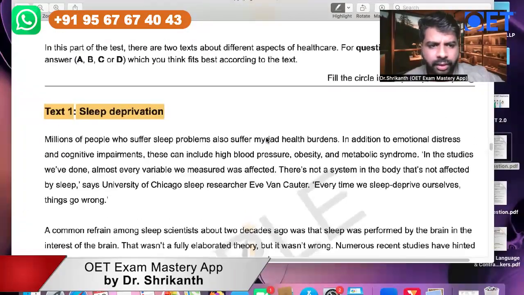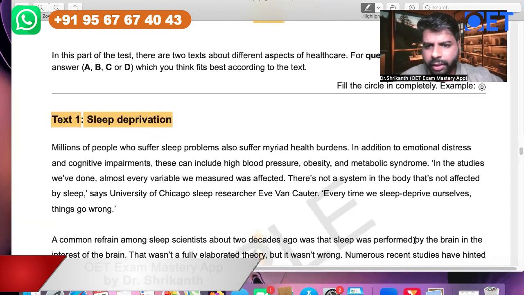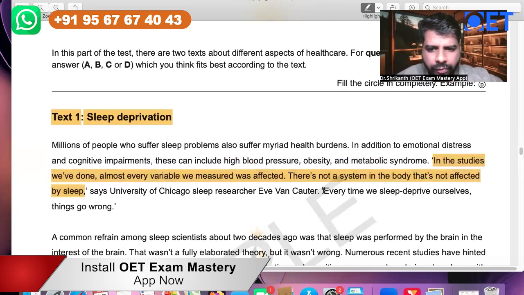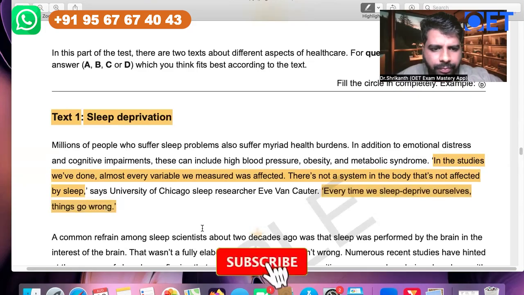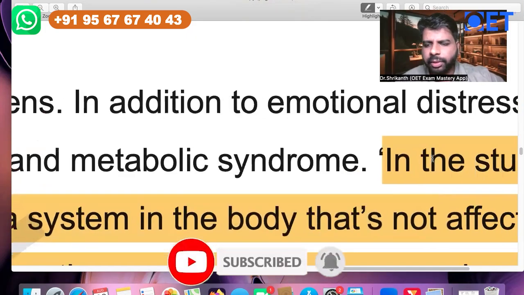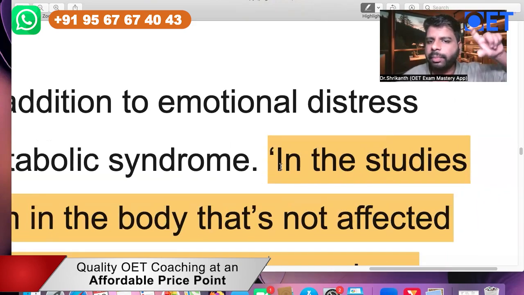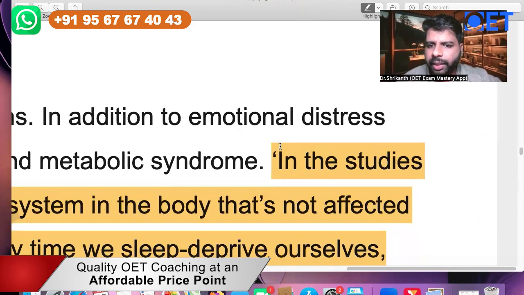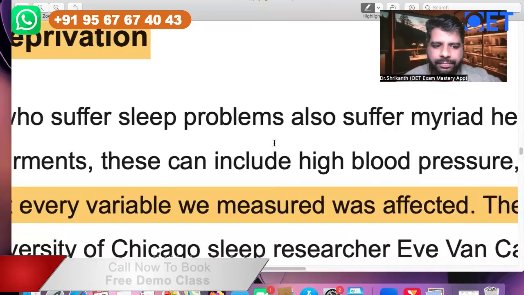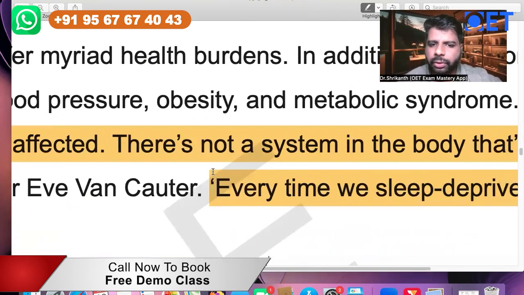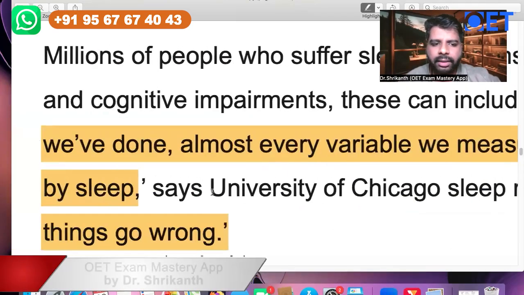Now you see, this is the first paragraph, right? There are some parts you will be able to see, from here to here, and from here to here. Now you see, this particular sentence, the second sentence over here, it is beginning with a quotation, with an inverted comma, and it is ending here. And this sentence also is beginning with an inverted quote over here and ending over here.